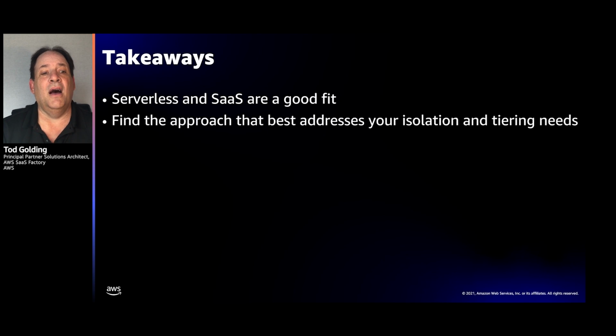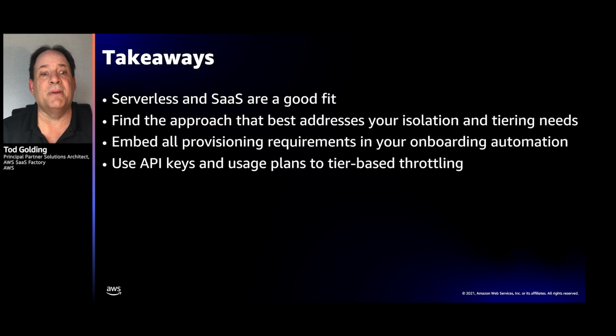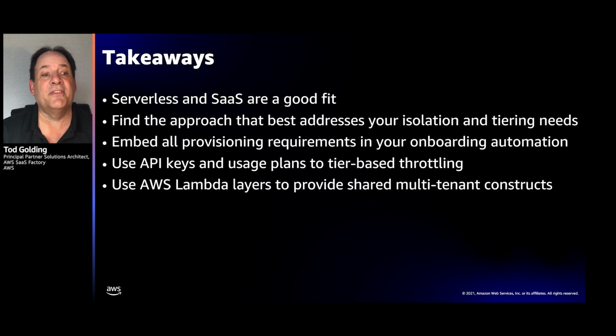Also, it should be really clear that this onboarding experience, where we have unique deployment considerations and we're deploying separate stacks, whether you're silo or pool, you need to really invest in making sure that's a fully automated experience. Here's where blurring the lines comes in: we have DevOps code that is running all the time, every time our tenants are onboarding to the system, and that gives us the power to scale our system and take on new tenants at a rapid pace. You saw here where we used usage plans and API keys in a really creative way with the authorizer. And I think this is a really great way to do tier-based throttling in serverless SaaS environments.